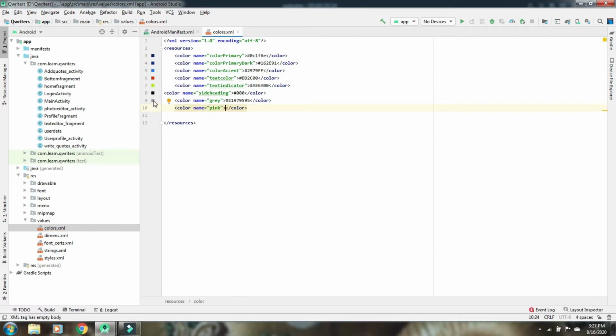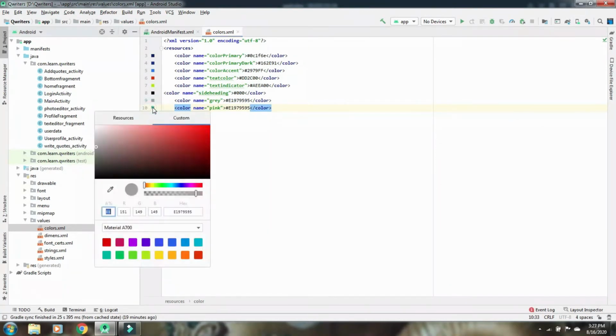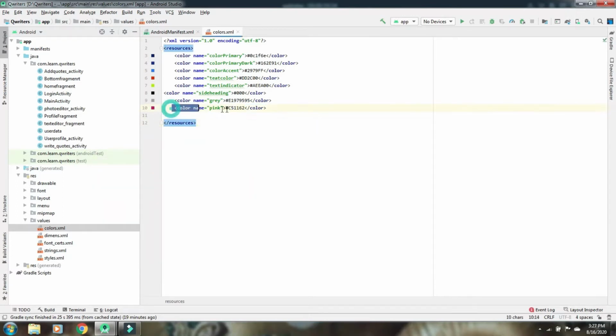From here, copy this, just copy it here, and we'll change the color. Just click the arrow mark here on this color. You can find this, and here you can choose the color you want. Suppose I want pink, I'll choose this one, and this color will be pink, and you can use this in your app whenever you want to color something.